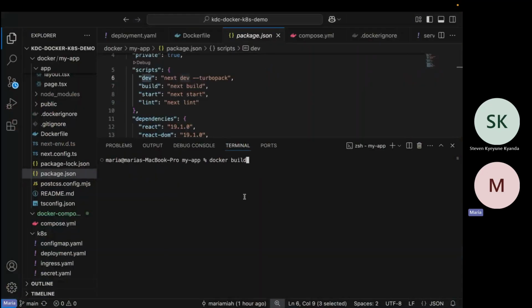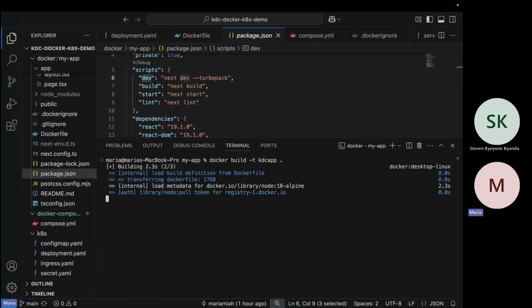So you run docker build -t, then the image name, we could call it KDC app. Then you add the context. The context is like the path of where your Dockerfile is. Since it's at the root, we use dot.